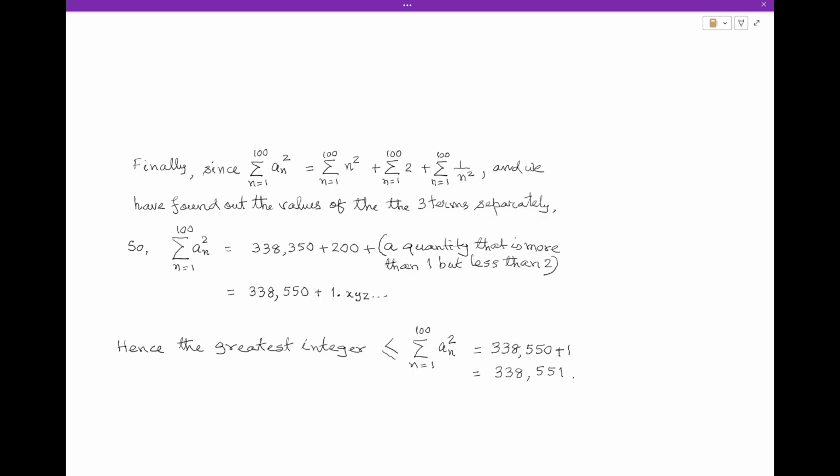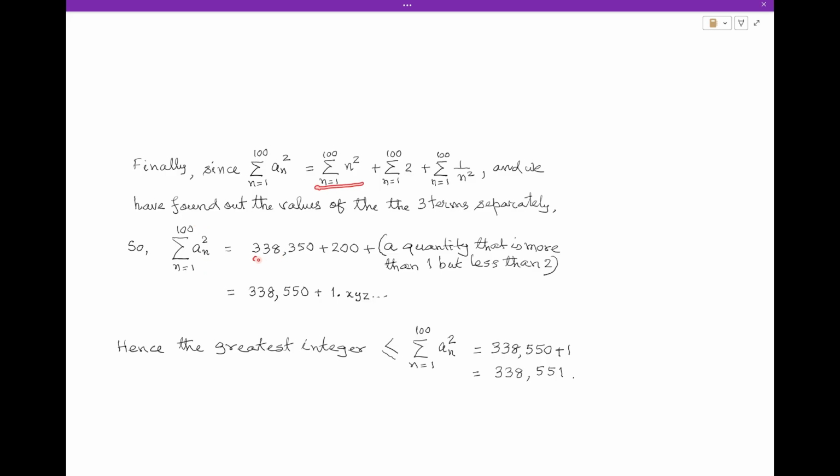We can add them together to find the value of the sum of an squared over the range of n from 1 to 100 as this term